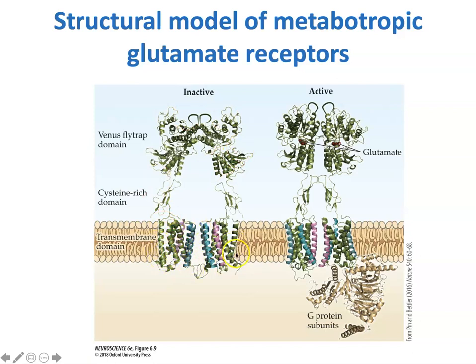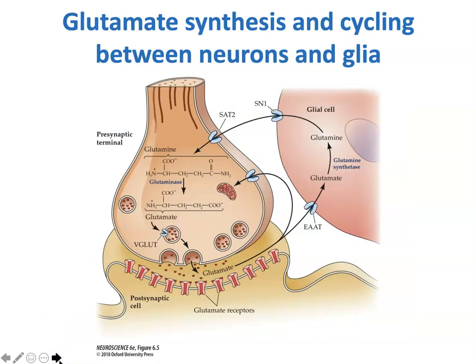So it's a multipass membrane receptor that activates proteins within the cytoplasm. It just has this cool Venus flytrap domain. So again, we're going to be coming back to glutamate when we talk about our next paper, but looking at synthesis